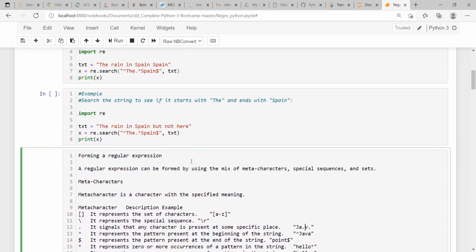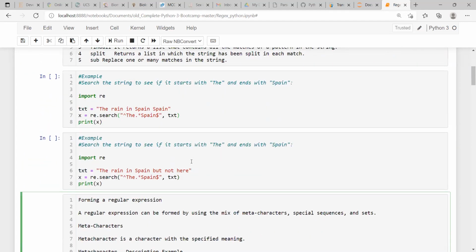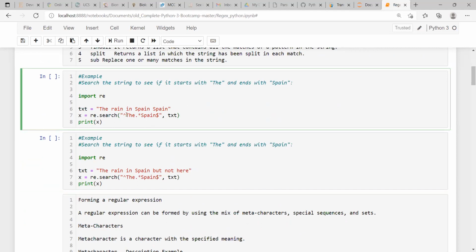Now we are going back to this. What is our goal here?